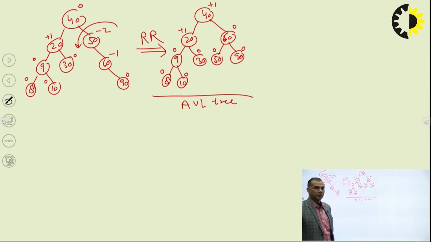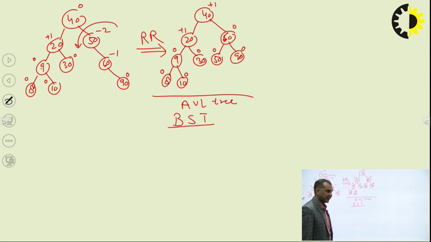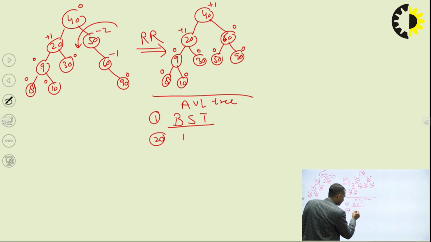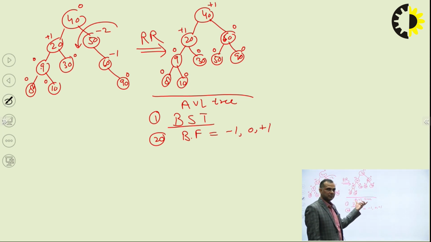Okay, we have to draw the AVL tree. Ek baar summarize karte hain AVL tree mein ki element kaise insert kiya. Ye mera kiski property follow karke chalega? We have to follow the property of the binary search tree. Second one, when we insert an element, every node has a balance factor, and its value must be -1, 0, and +1. Means when we insert a node in the AVL tree, we have to find out the balance factor, and that value is -1, 0, and +1.